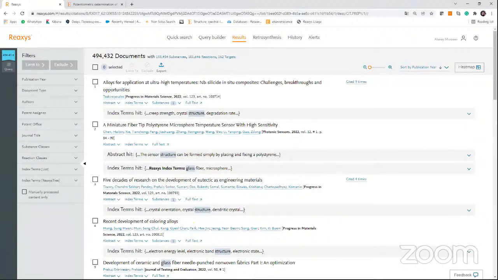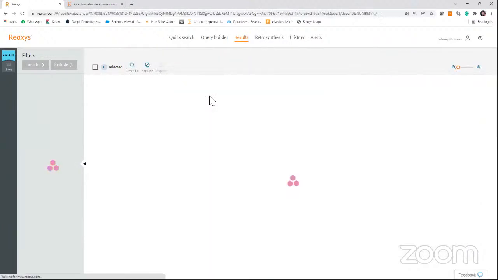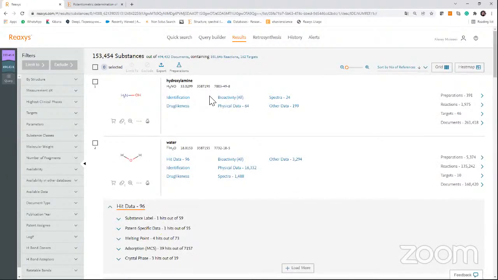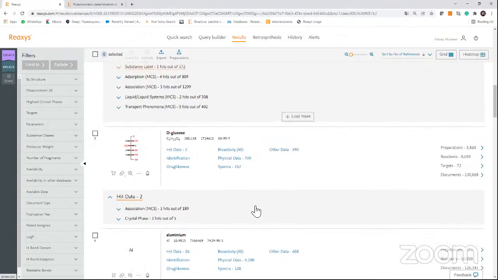Can Reaxys predict the chemical compound resulting from a reaction? Yes, my answer is yes. Reaxys can do this. I will show you how to do this. But chemical prediction is an additional feature of Reaxys that is not available for you right now.